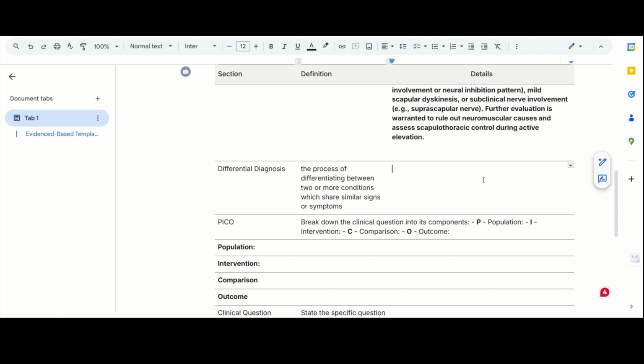The first thing that I would write down here is my differential diagnosis with this patient. There's a lot of differential diagnosis that you can put on here. Differential diagnosis of scapular inhibition. But I was also thinking of thoracic inhibition, and then I would say long thoracic nerve affectation,